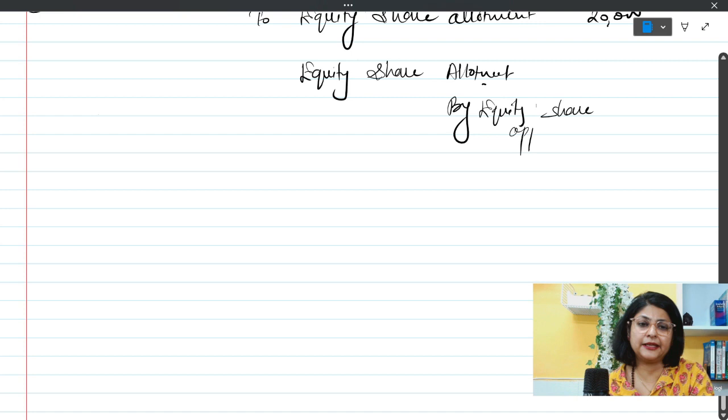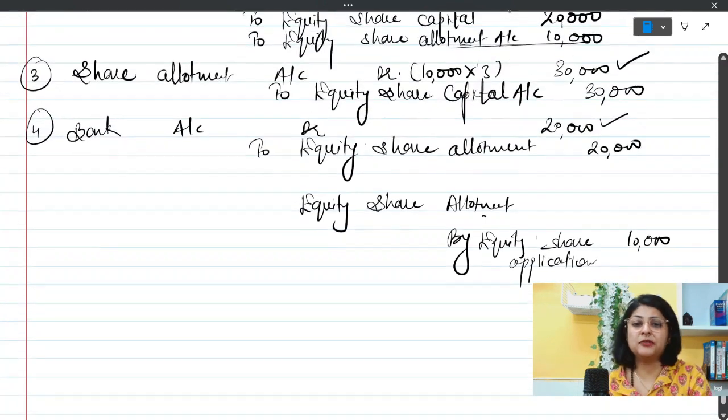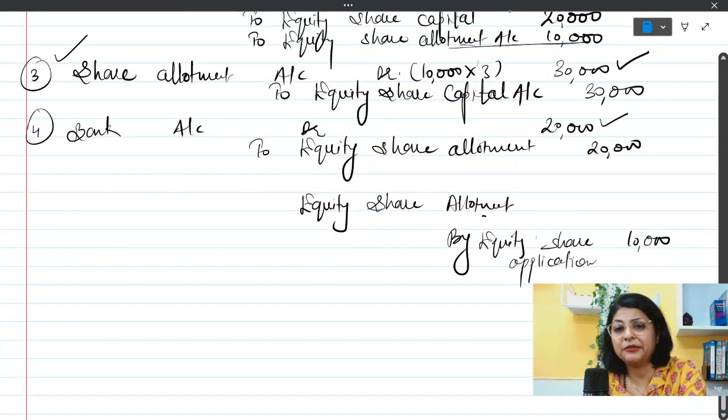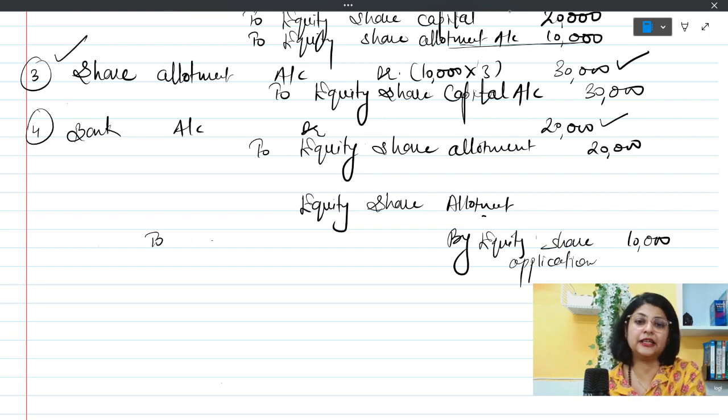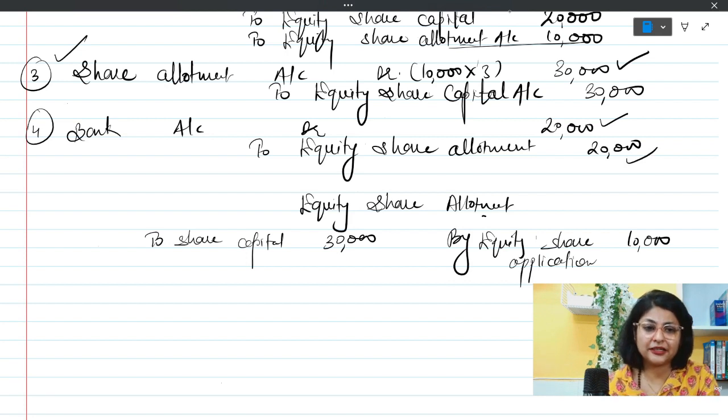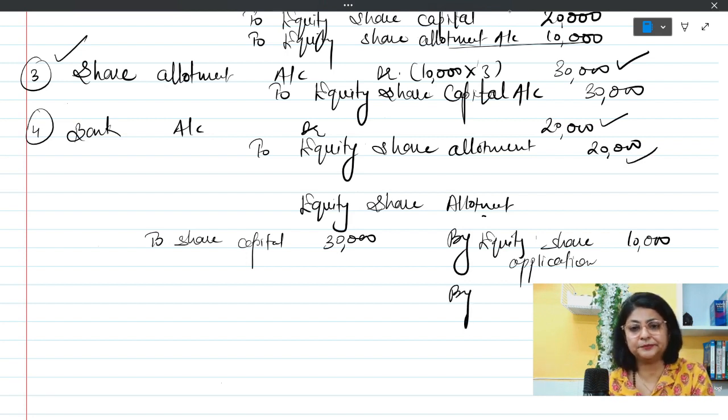Equity share application, how much we had received over there? 10,000. Now in the third entry, how much have we debited? We have debited share allotment account with 30,000, and on the credit side it is written equity share capital. So in share capital, how much am I writing? I am writing 30,000, the amount with which I had debited equity share allotment, and here on the credit side it is written by share allotment